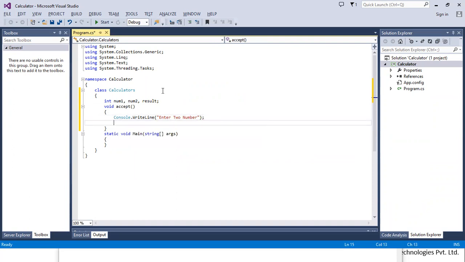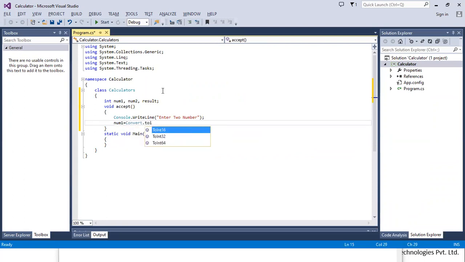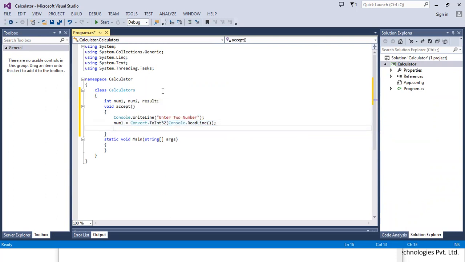Then I'm writing num1 equals Convert.ToInt32, and I write Console.ReadLine. Then the same for num2.